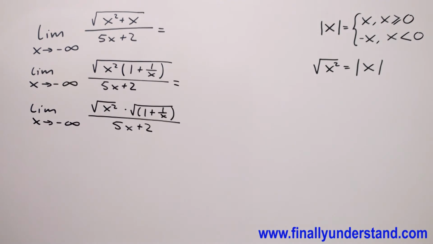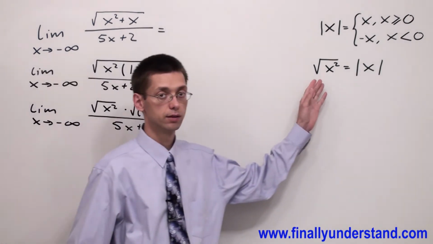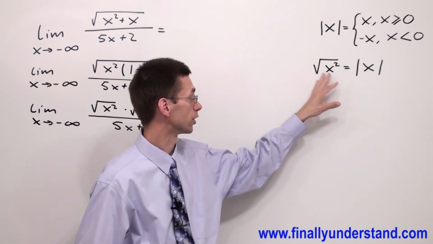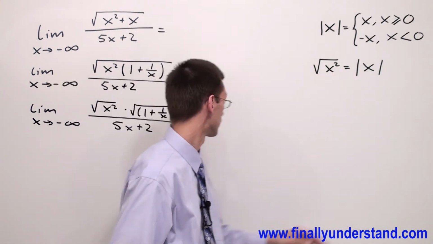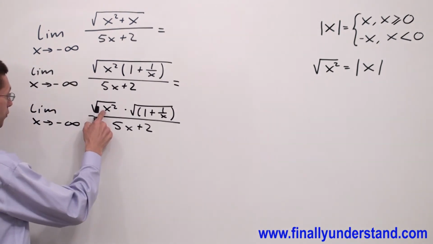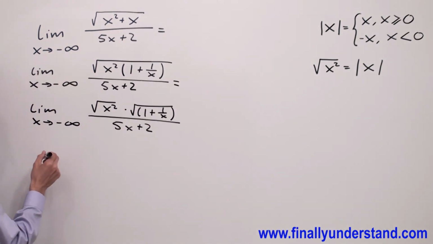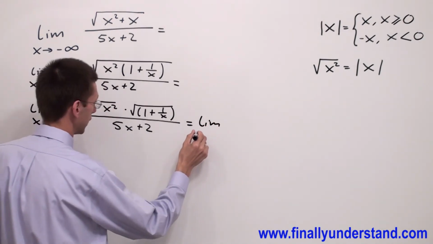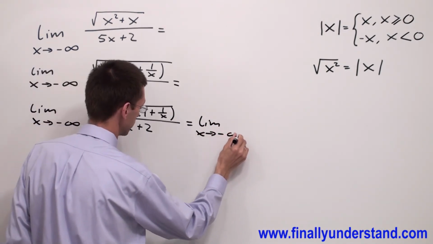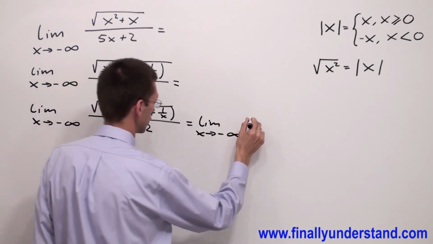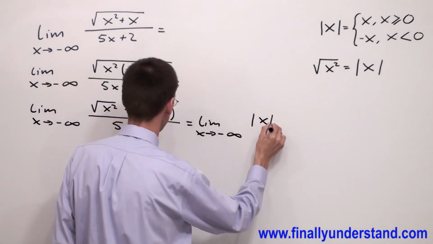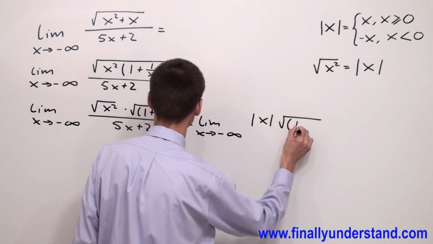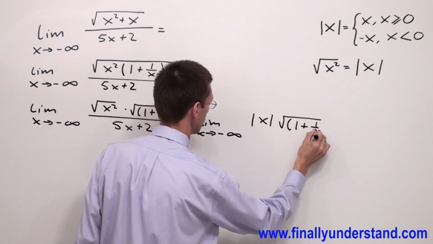Next, I'm going to apply the rule for the square root of x^2. This is equal to the absolute value of x. So instead of the square root of x^2, I'm going to simply write the limit as x goes to negative infinity, and I'm going to write the absolute value of x times